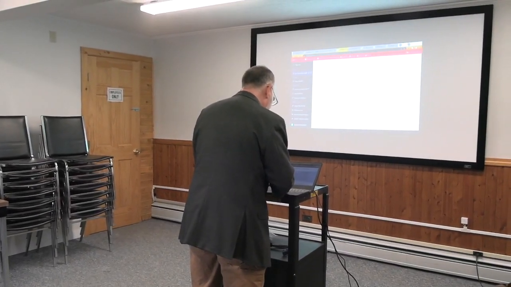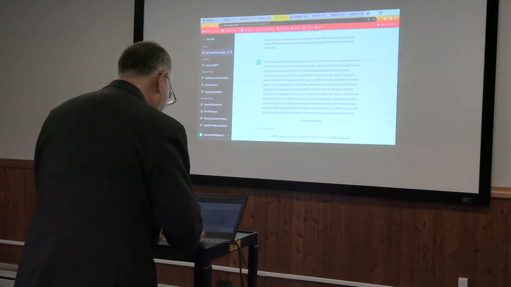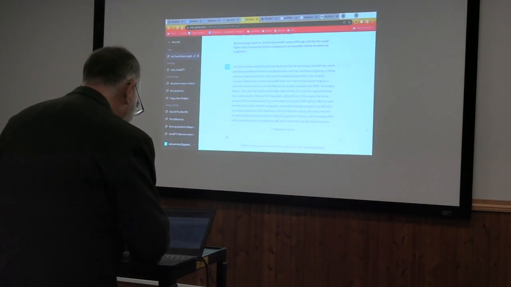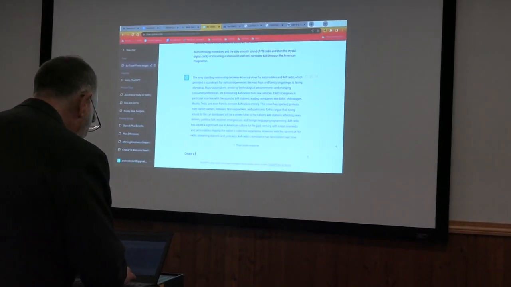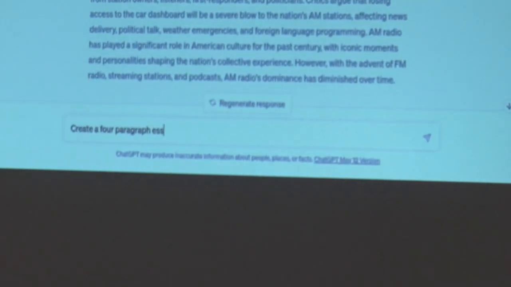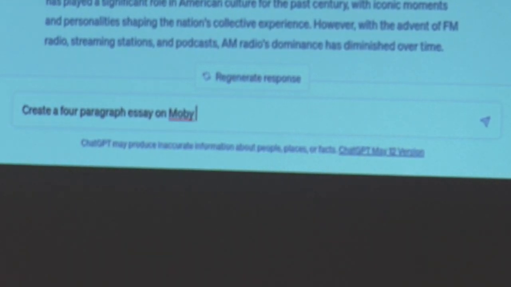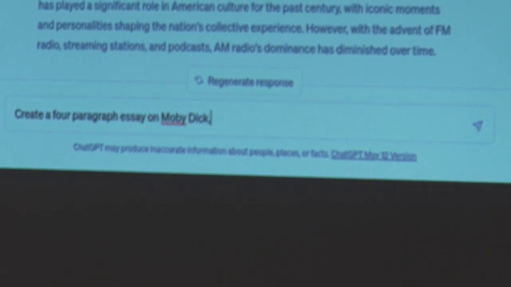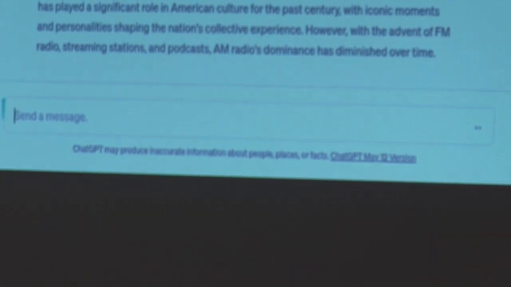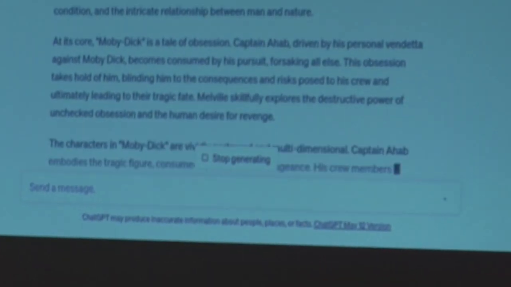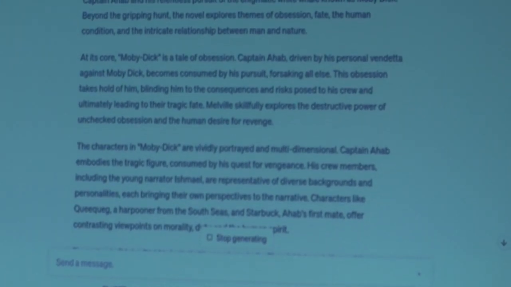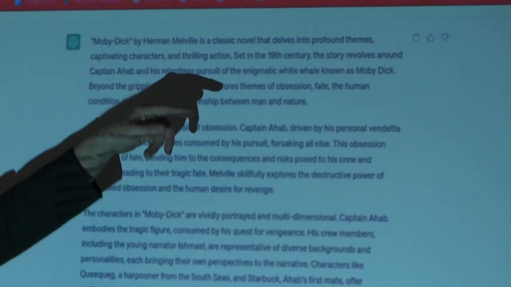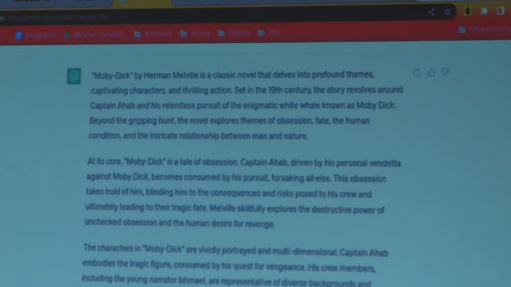let's do, create a 4-paragraph essay on Moby Dick, themes, characters, and action. And here we are. Moby Dick by Herman Melville is a classic novel that delves into profound themes, captivating characters,